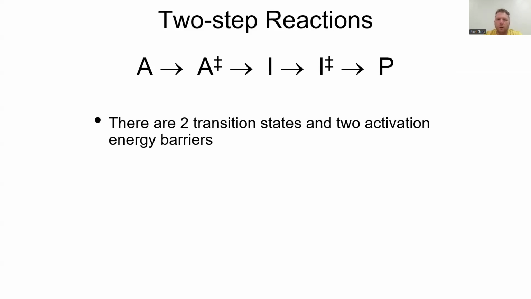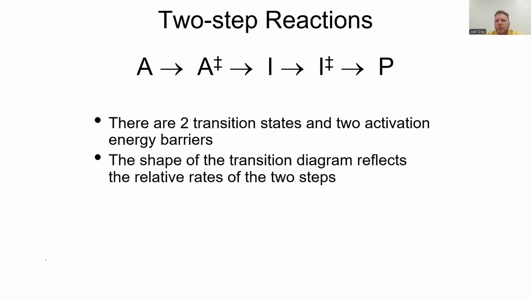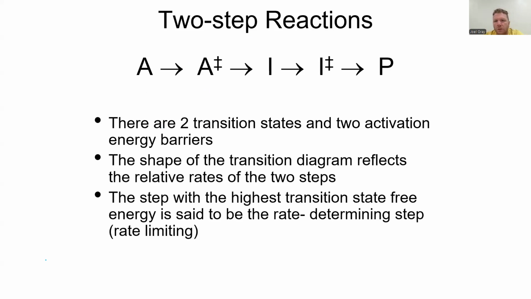Now, when we look at a chemical reaction, we'll have a reaction that might take several steps. So in a reaction that has 2 steps, there are going to be 2 transition states. And what that means is that there are 2 activation barriers. The shape of the transition diagram reflects the relative rates of the 2 steps. So the step with the highest transition state free energy is said to be the rate determining step, or the